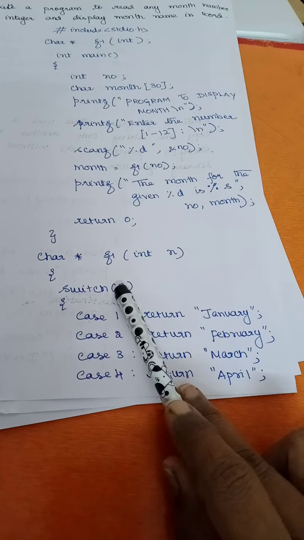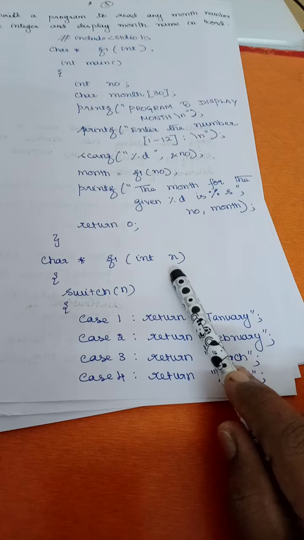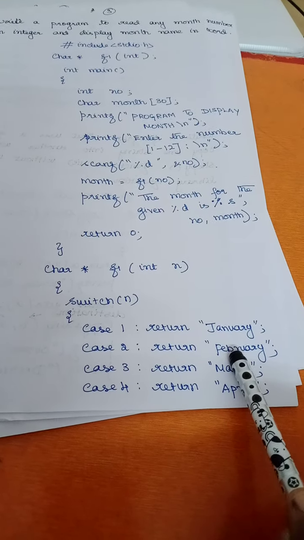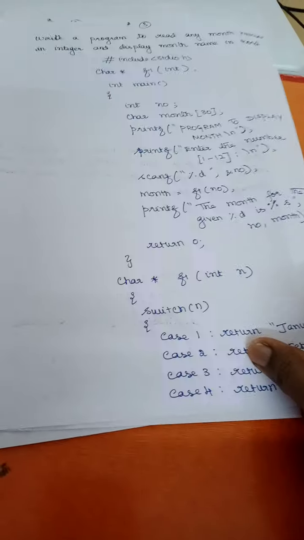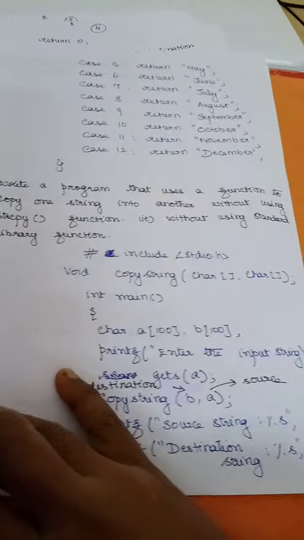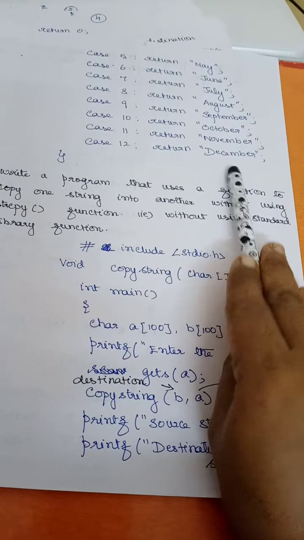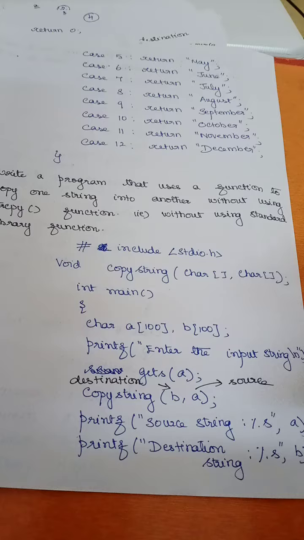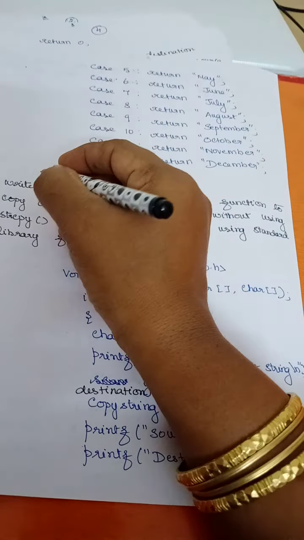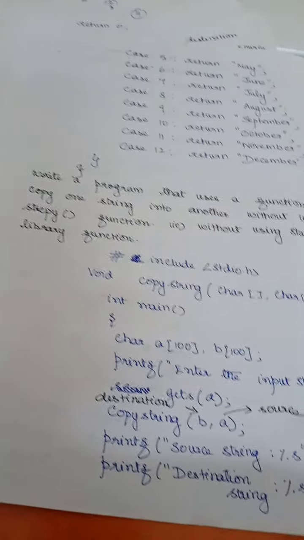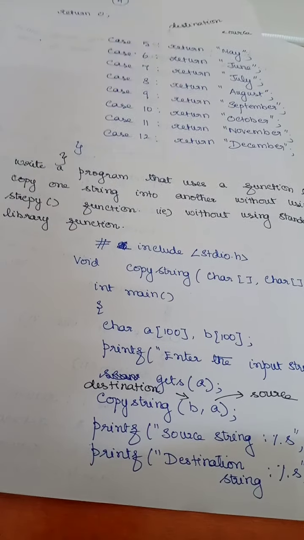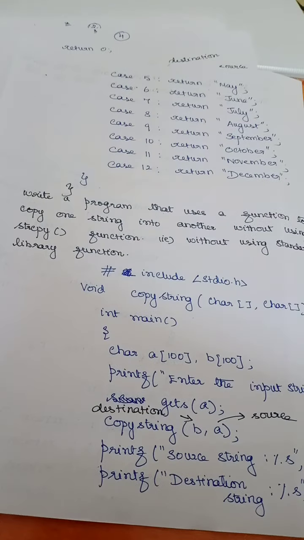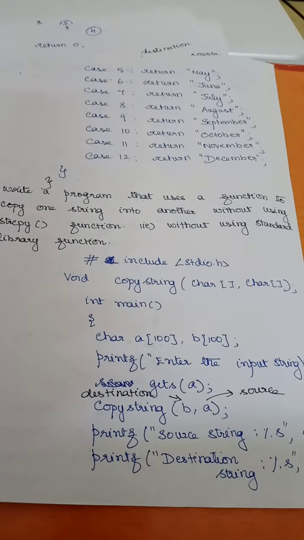Now switch n. So here my n is going to be 1. So 1 means I will return January, 2 means I will return February, 3 means March. Like this it keeps on going. Is that clear? Till up to 12. Right? No need of a separate return, because if this condition is satisfied, then you are going to return it. I forgot one more brace. Right? This is for the switch case, another one for your main program. Okay? Right. Now we'll see one more program.